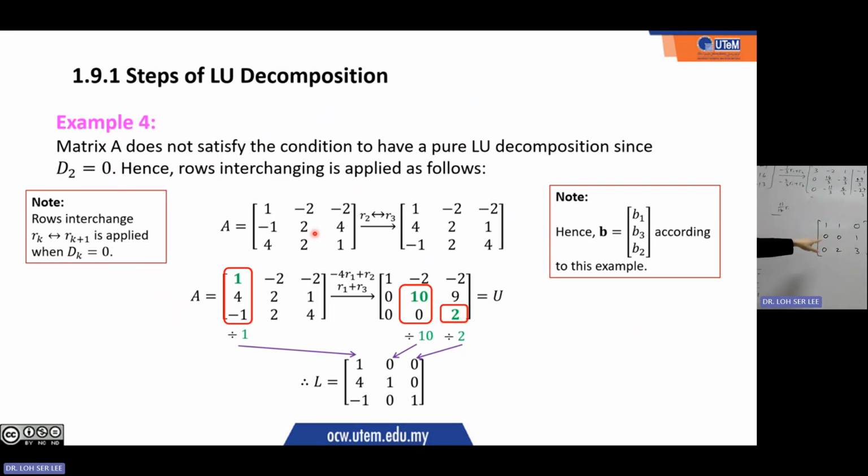If you have a matrix something like this, when you want to do the row reduction, this one is already 0, right? So you can sketch this. And next, we have to go down. We cannot cross this because this is not 0. So we have to go down. But when we go down, this one should be non-zero. So we have to swap row 2 with row 3, so that you have this 0, 2, 3, 0, 0, 1. After the swap,